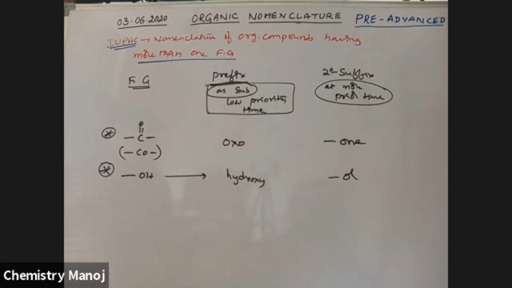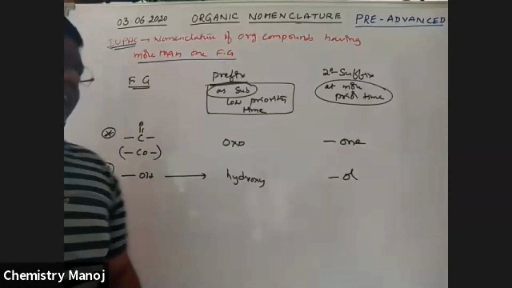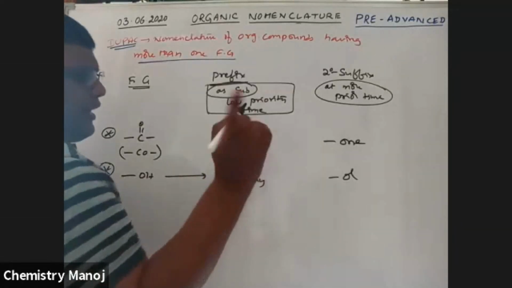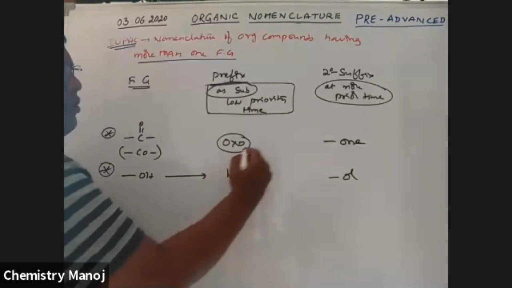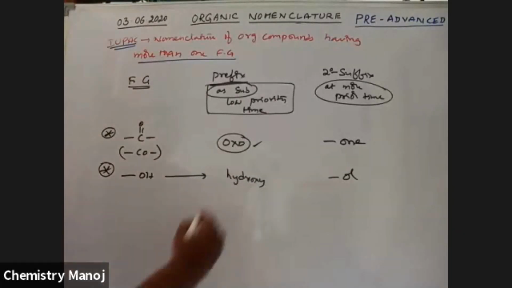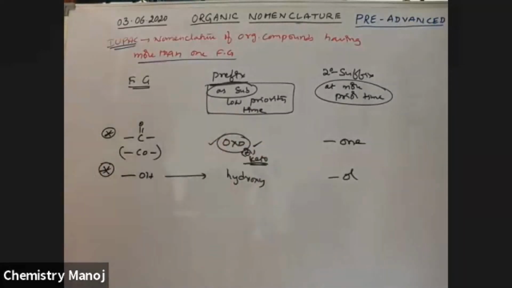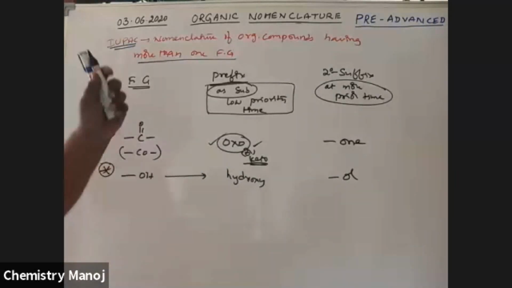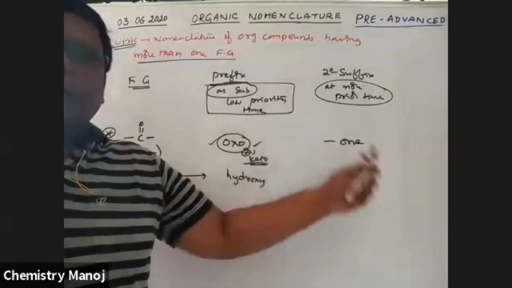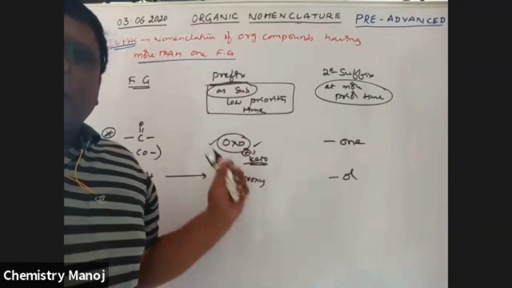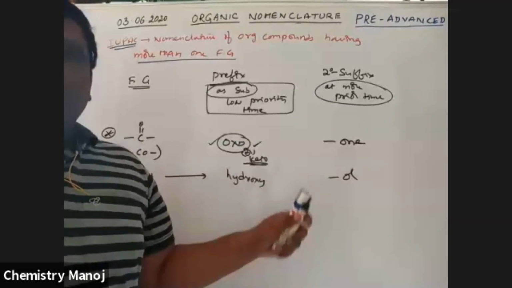Hydroxy. Okay. So the remaining cases are more frequently used really. These are very, very important, those as prefix and suffix ending. Sometimes keto is also used, but keto is not accurate. Oxo is the correct one. Sometimes keto is also taken, but majorly oxo is the one taken in most cases. So this is the priority: sometimes a group acts as a prefix and sometimes as a suffix. If it acts as a substituent, prefix words are used. If it acts as the major functional group, suffix words are used.